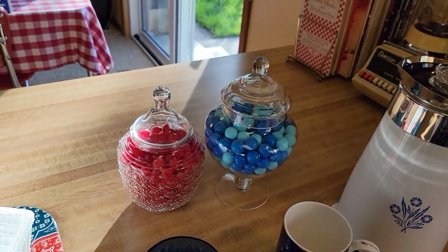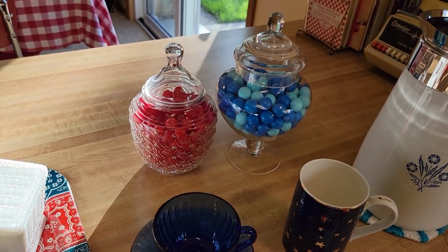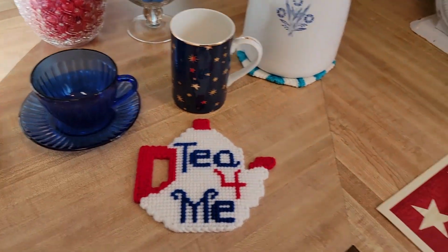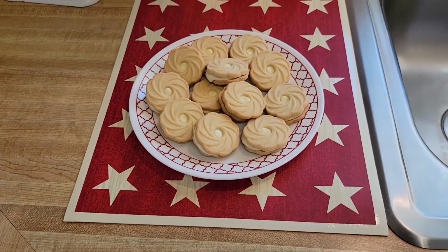I've shown you those candy dishes before. They were appropriate colors, so I thought I would add them. And I was really happy to find for 79 cents each